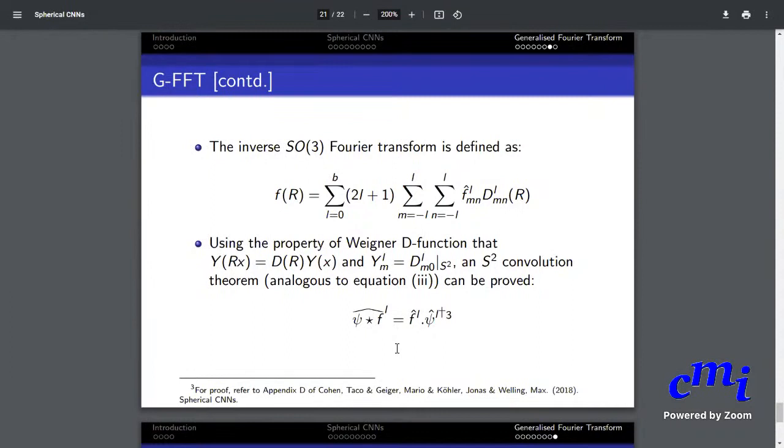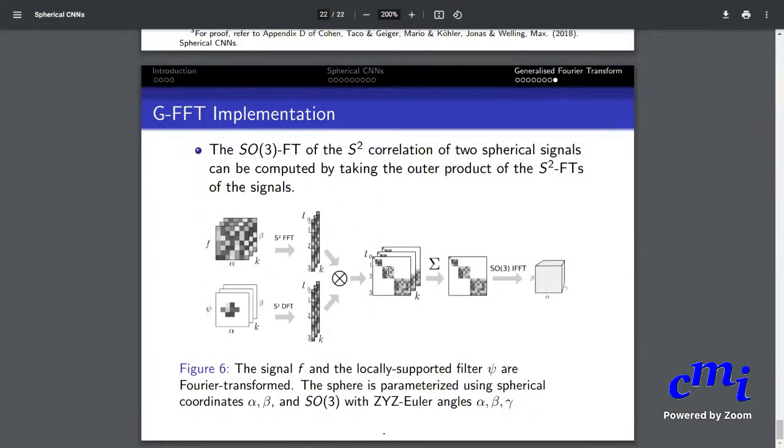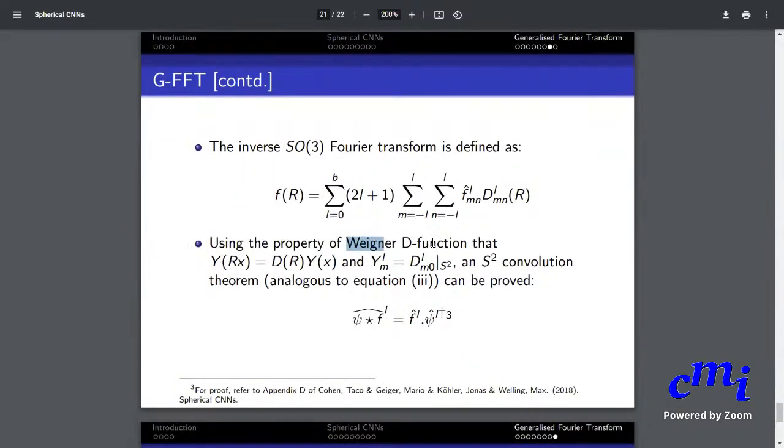So this is just some definitions, like the inverse Fourier transform, and some basic properties of it. In the case of S2 it is fine, but when we are calculating this Fourier transformation for SO3, because of the symmetry of the sphere, some special property shows up. It says that instead of directly projecting the function over the basis of SO3, the Wigner D functions that we have defined,